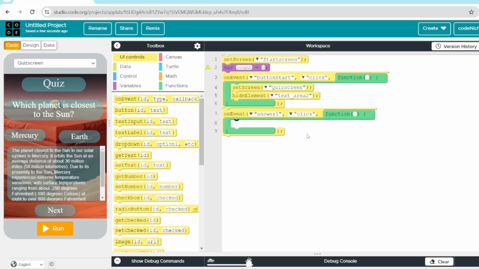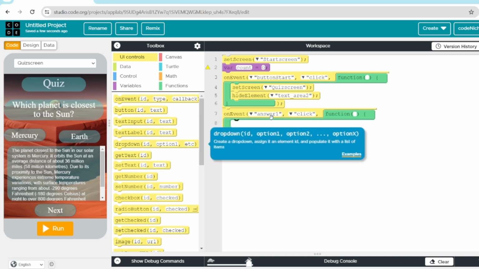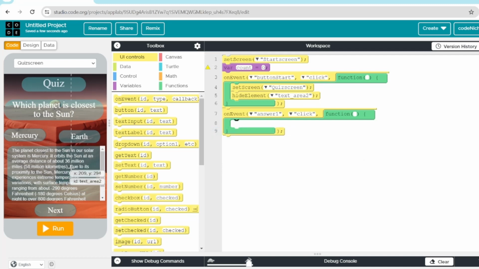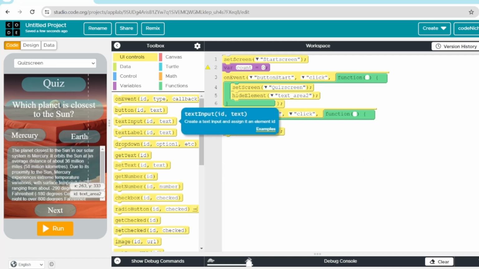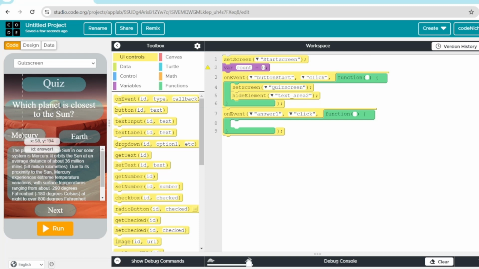So when you give the correct answer, we will have to first of all show this element, because we are hiding this text area in the starting, right? So here we have text area. Next, we will have to make sure that we set the properties, right? So here for this part, I think we'll have to keep it like this. Let's just have a look at it. Do we really need property for now? No, we don't need set property for now, because for the time being it is able to show the explanation